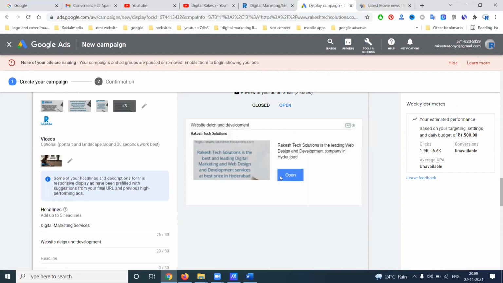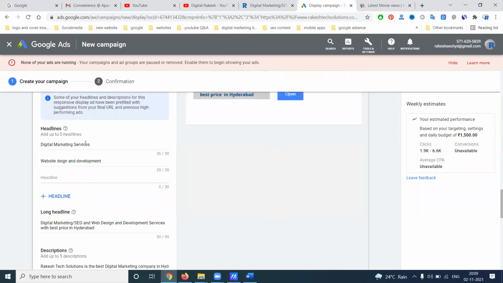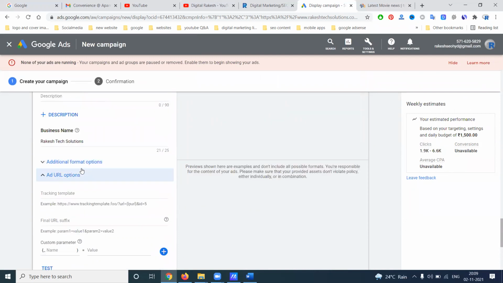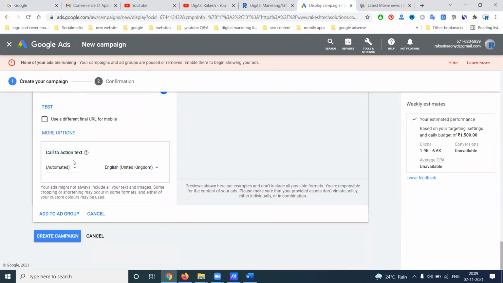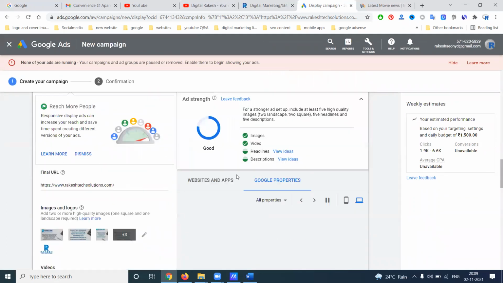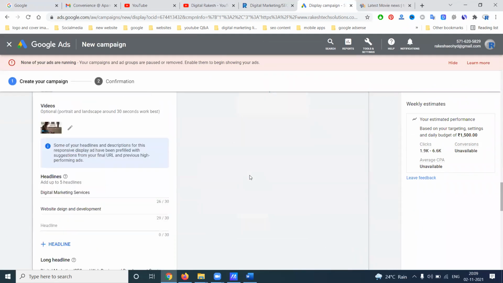But in this display, there is only one drawback. What is the conversion? What is the average CPA, cost per action? They can't give a particular budget. So how much it will go to the results is based on the budget option. So we can use five headlines, five descriptions, business name, and call to action option will be available. I have already given this option, so which option I give, you can check it out. Right now, what option will be shown to the customer.